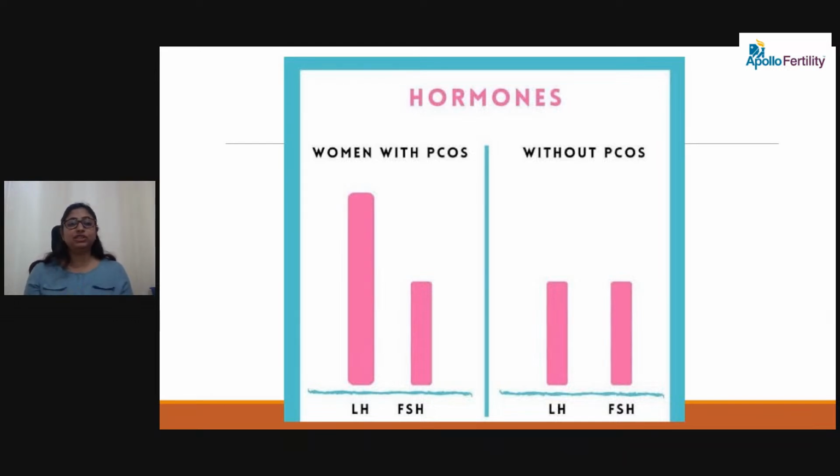So this is the major problem because of these hormones. And also when the eggs are not forming, there is not much good secretion of the estrogen and progesterone. So the lining is also not very well prepared inside the uterus or womb to take the pregnancy. So these are some of the problems which are there in PCOS.